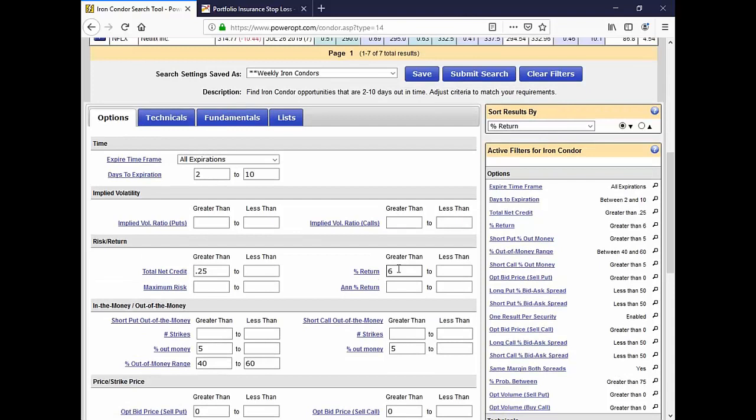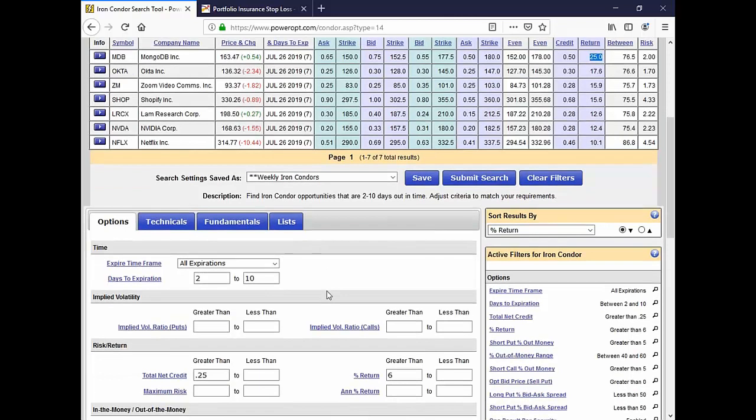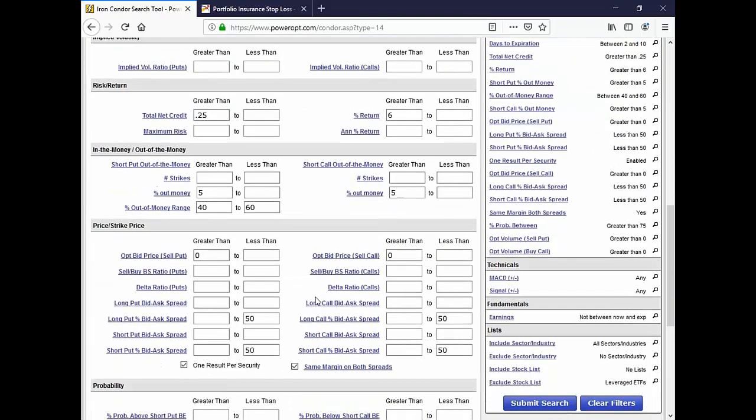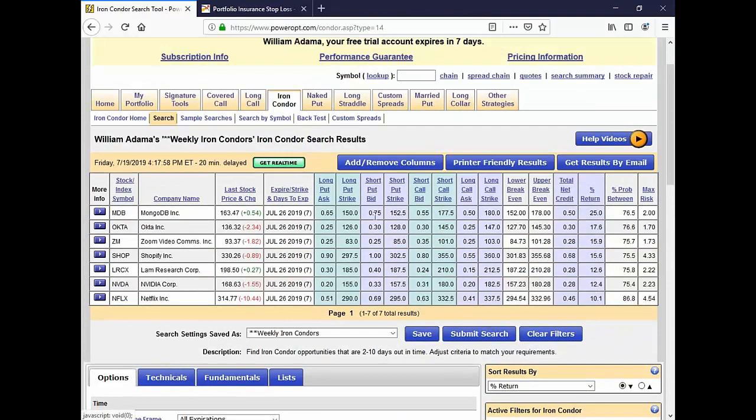To maximize return, I can simply put in the highest return you want, whether you want it to be 15%, 20%, or 30%. We see here there's nothing that offers a 30% return for next week out. Why? Number one, it's too close in the sense that 7 days away, it's unlikely to find a 30% return with this probability between calculation that we're looking for. And what is the probability between showing us? It's showing us the likelihood that the stock would stay between the short call and the short put strike price